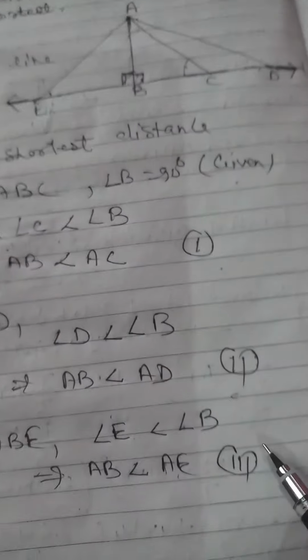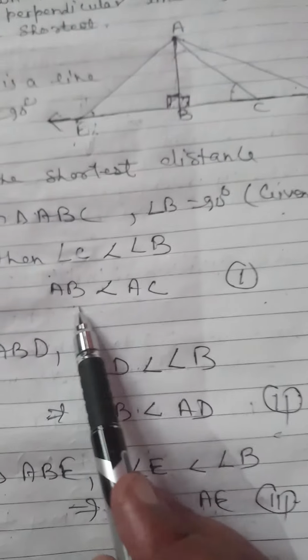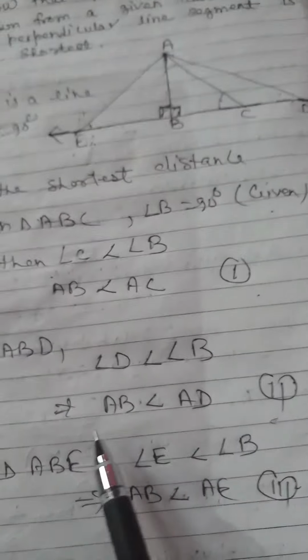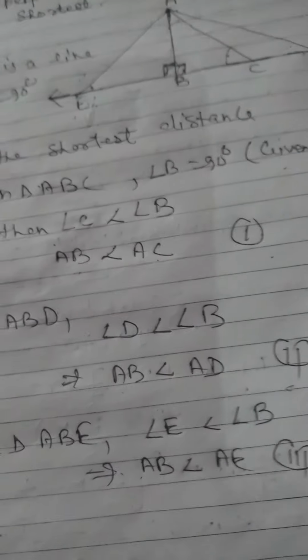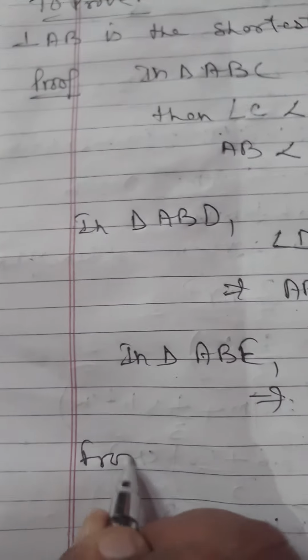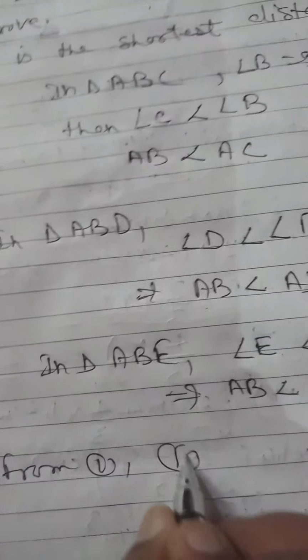This is third. So from first, second and third, AB is less than AC, AB is less than AD, AB is less than AE. It means from first, second and third, all the cases